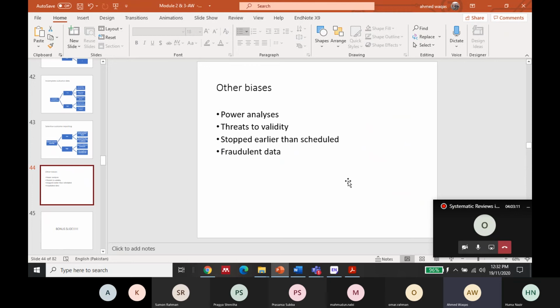And sometimes the data may also be fraudulent. And if you come across such fraudulent data just by reading the paper, for instance, the percentages do not match, frequencies do not match, and you see that the p-value has been written as significant, but it does not really match the mean differences or effect size. So in that case, the data most likely is going to be fraudulent,